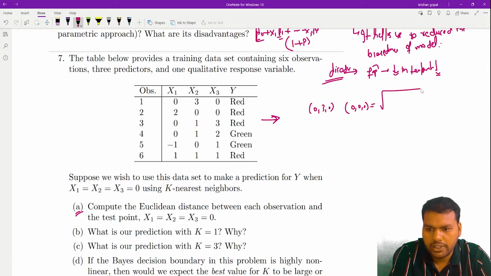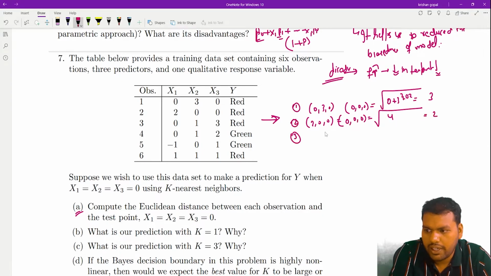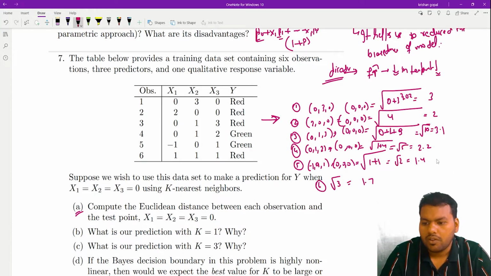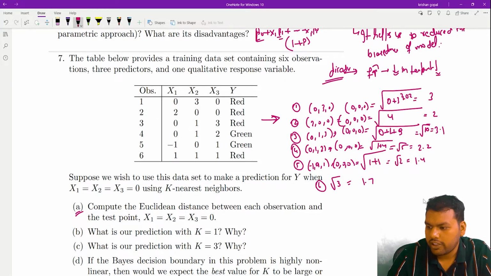So I just calculate the Euclidean distance. It is 0 square plus 3 square plus 0 square, which is 3. Then 2, 0, 0 and 0, 0, 0. Again calculating it gives 2. I am calculating quickly here, and for 0, 1, 3 and so on. Okay, once I have calculated the Euclidean distances,